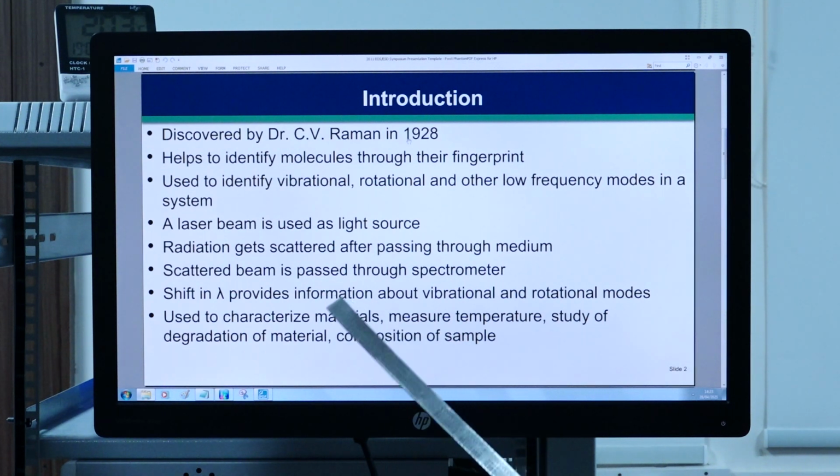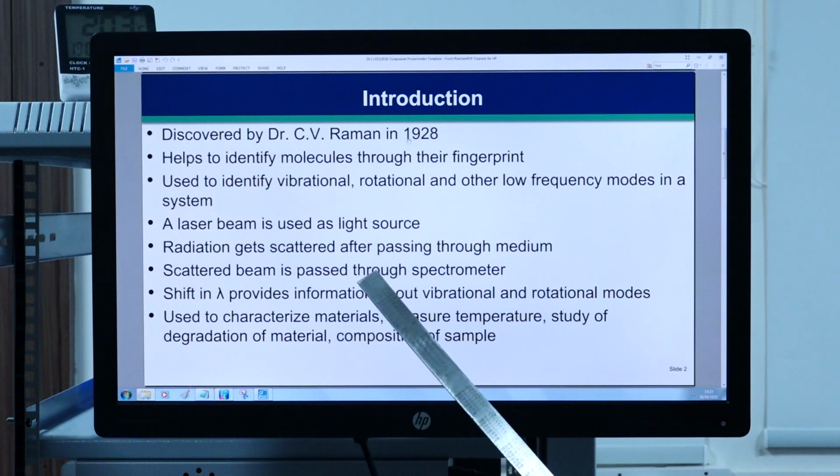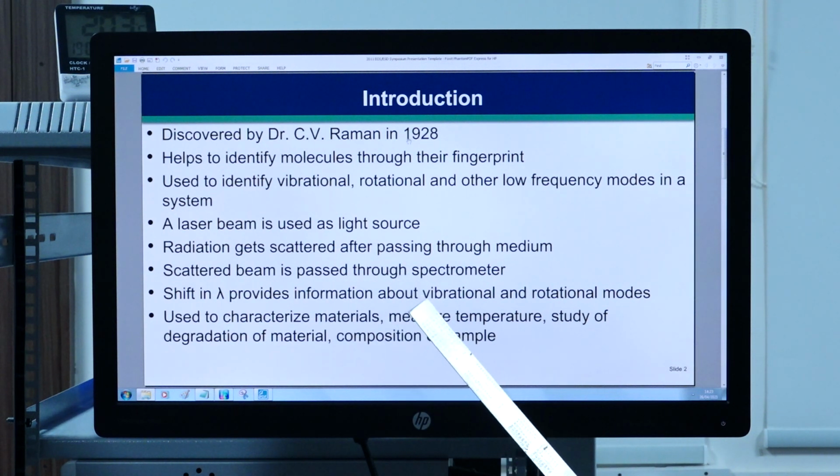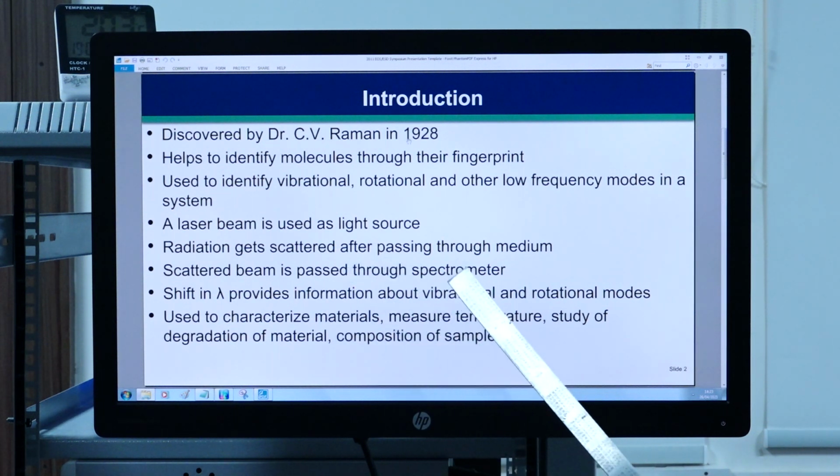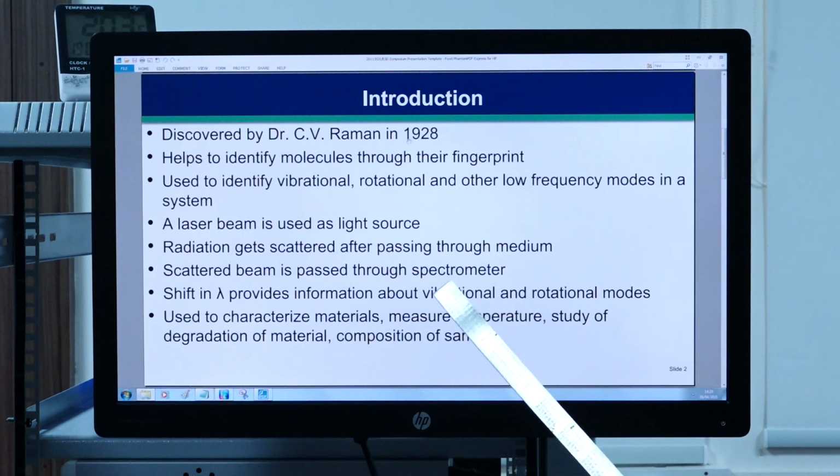What happens here is that radiation gets scattered after passing through a particular sample. Whenever light is incident on a sample, three phenomena can happen: either absorption, scattering, or total passing of the light.